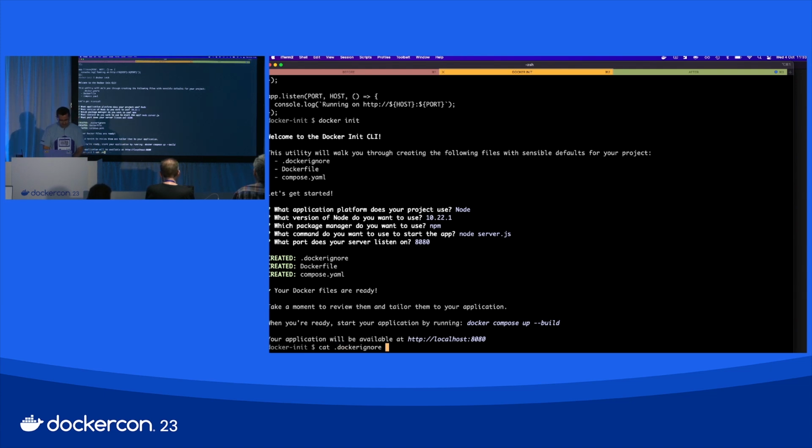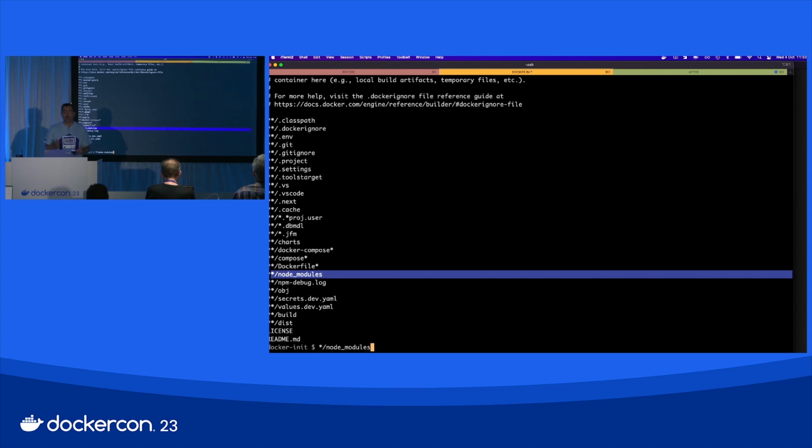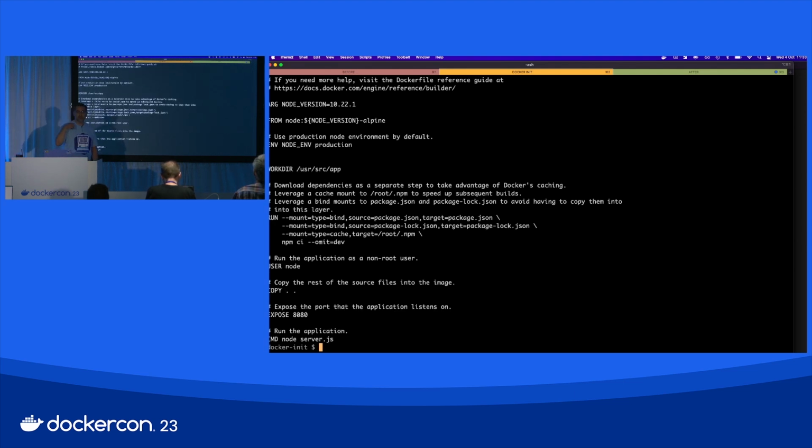And inside that, we have all the ignoring information. So for Go, mainly we are not going to use the node modules folder. And we have also the Docker file that includes best practices. So we have the first, that is the building,